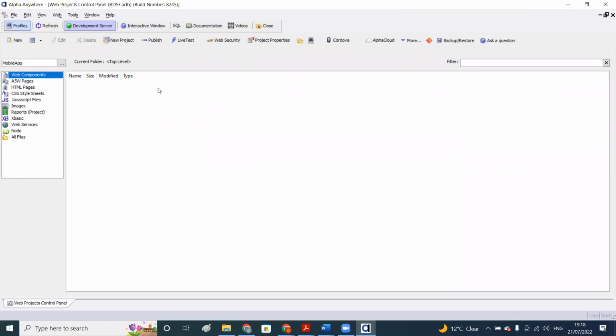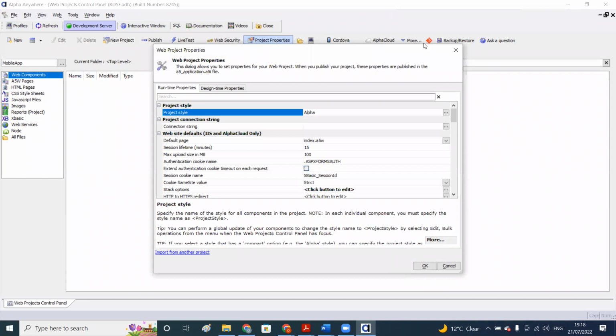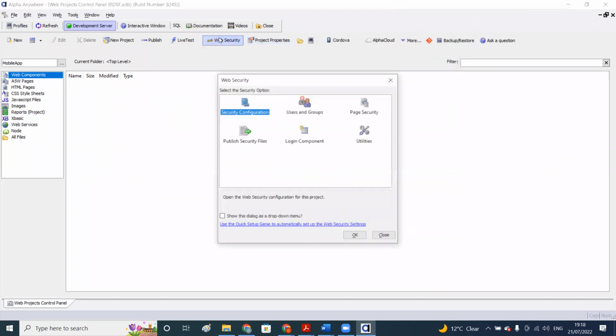Now on this project, we want to create a new security for it. So we are simply going to come to web security, right? And then I'm going to set up my security configuration, just like I did the other time. Now, another option to setting up the security configuration is for you to allow Alpha 5 to set it up automatically for you. So if you find it difficult to follow all the steps like I've mentioned, you can just use Alpha 5